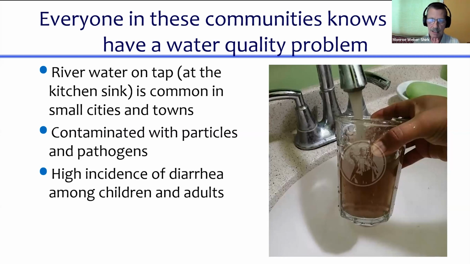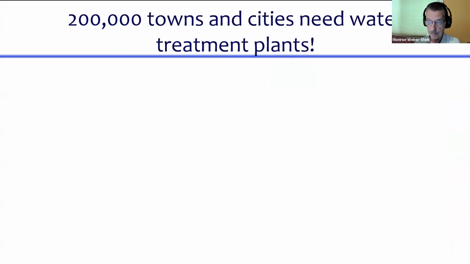We have safe water coming out of our taps every day. And so we don't think about this possibility of what is it like to have dirty water coming out of the tap, and how do you run the households? How do you keep your children safe when the water that comes out of your tap is clearly contaminated, both with particles and pathogens, and has these health consequences of a high incidence of diarrhea among children and adults? So nobody wants this dirty water on tap, and it's far more common than what we would imagine.